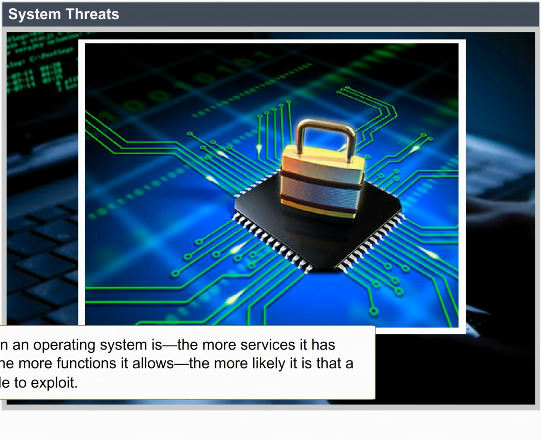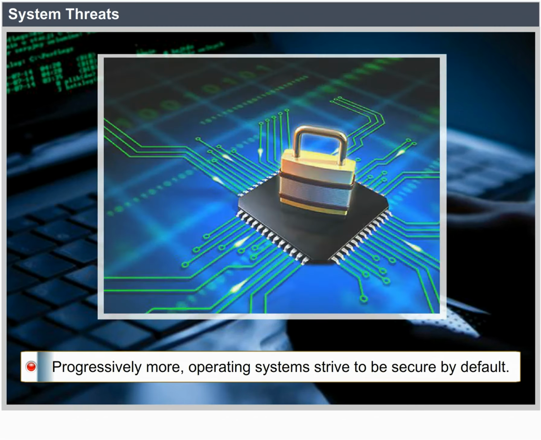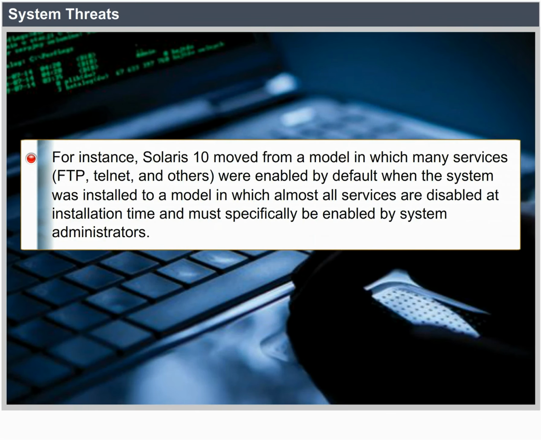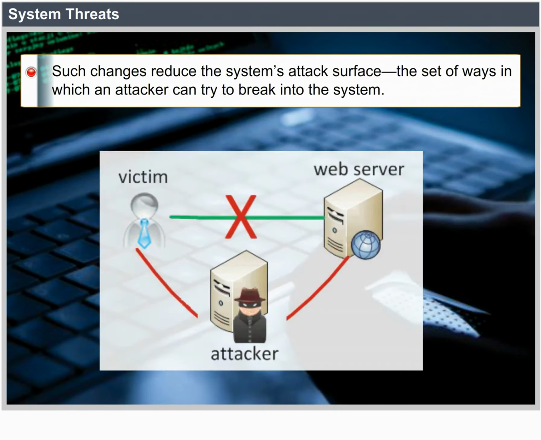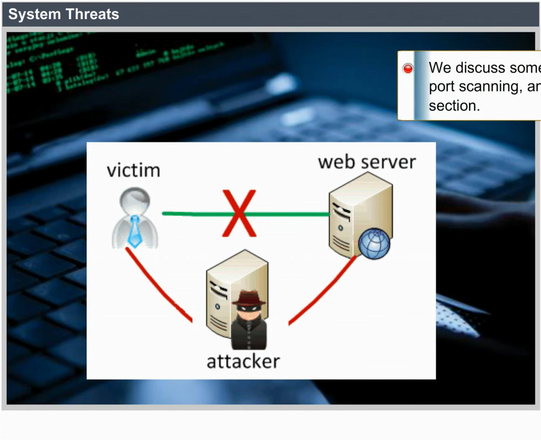For example, Solaris 10 moved from a model in which many services, FTP, Telnet and others, were enabled by default when the system was installed to a model in which almost all services are disabled at installation time and must specifically be enabled by system administrators. Such changes reduce the system's attack surface, the set of ways in which an attacker can try to break into the system. In the remainder of this section, we discuss some examples of system threats, including worms, port scanning, and